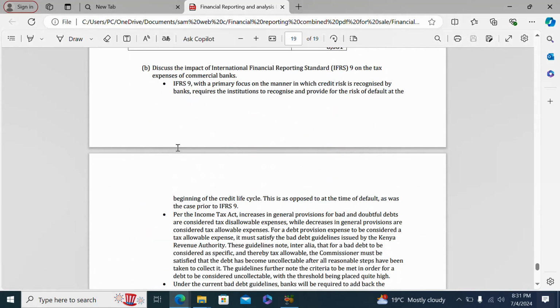And finally, we have the impact of International Financial Reporting Standard IFRS 9 on the tax expense of commercial banks. So this IFRS 9, it seems like it is being tested because it was tested in the previous